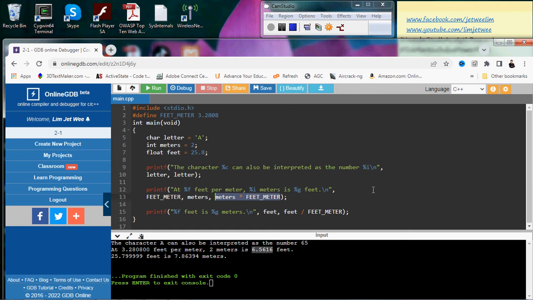Meters multiply then the constant feet underscore meter. Okay, so I do not actually need to calculate, store the value, and then later on use the value. I can just output the value directly inside the printf. Okay, the same occurs over here. See that? Okay, all right, this one over here,